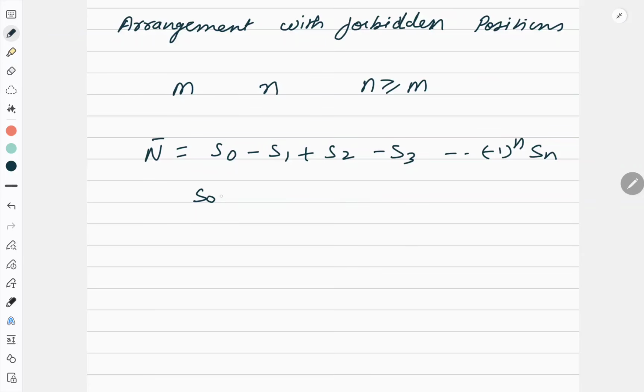Now what is S0? S0 is basically n factorial. What is Sk? Sk is (n minus k) factorial times Rk for different values of k. Using this, first we will represent the given situation in the form of a board, and then we will find the Rook polynomial of that particular board. From the Rook polynomial, I'll get the values of R1, R2, R3 and so on, which I will substitute here to get the values of Sk, which in turn I'll substitute here and get the answer.